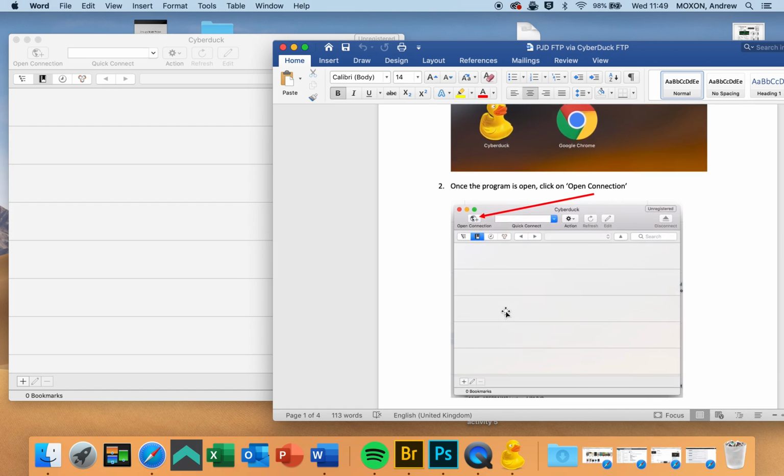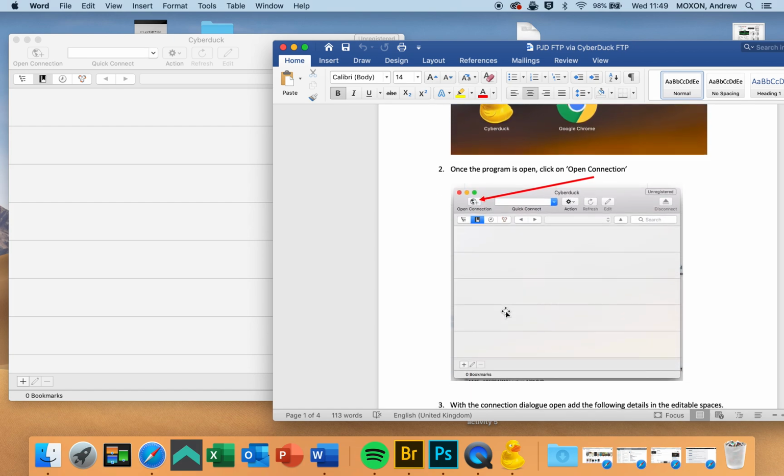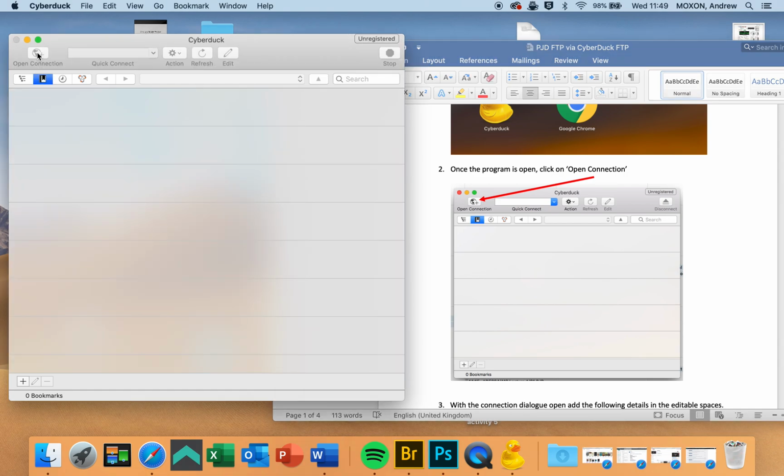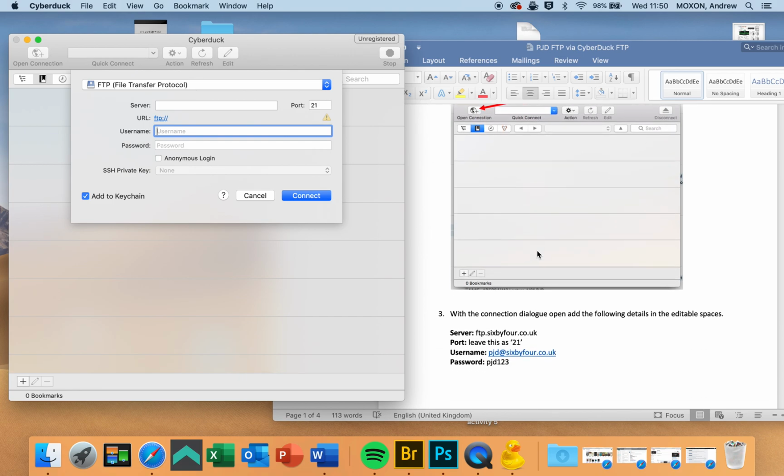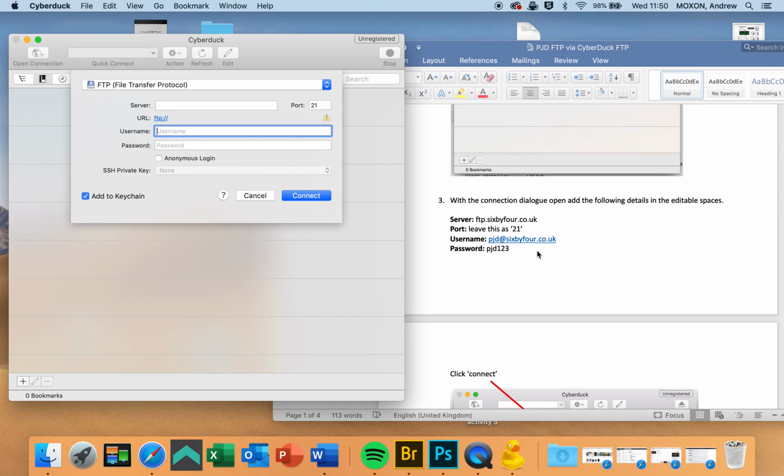As we scroll through, it says once the program is open, click on Open Connection. So that's exactly what I'm going to do here. That's going to bring up this dialog box, and we're going to check a few things on the handout. It says, with the connection dialog open, add the following details in the editable spaces. The first thing we're going to do is make sure that the port number is set to 21. Leave it as 21, that's the default position. And the server, we're going to put in FTP